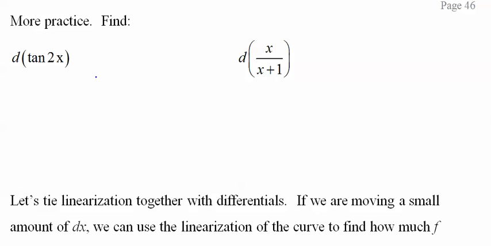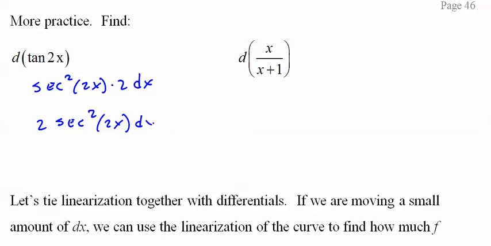So more practice. There's no y. Just take the derivative with respect to whatever variable is there. Can't do this implicitly. We have to have a single variable. So the derivative of tangent of 2x is secant squared 2x times 2 times dx. Always like to leave that dx at the end. Kind of looks aesthetically pleasing. And this one